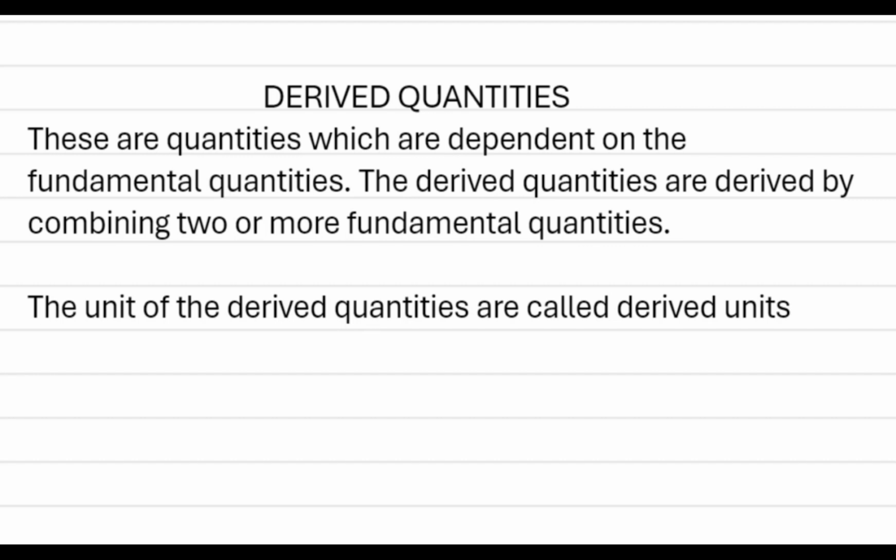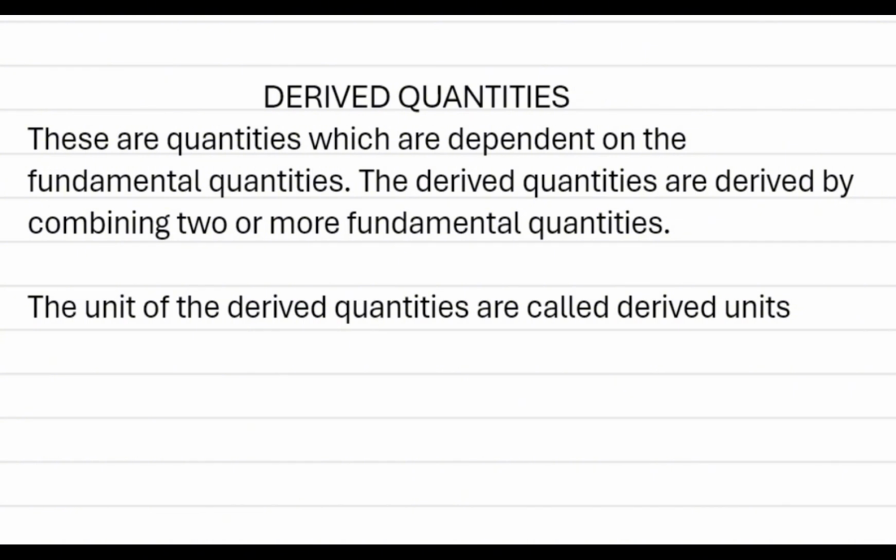What are fundamental units? They are the units which are independent of all other units. They are the units that self-exist by themselves. Examples of fundamental units are what we've talked about: kilogram, second, ampere, candela, all of those units of the fundamental quantities. Take note of that. And we have derived units. These are the units of the derived quantities. They are units which are dependent on the fundamental quantities. I just want to make the note bulky, that's why I didn't talk about units separately.